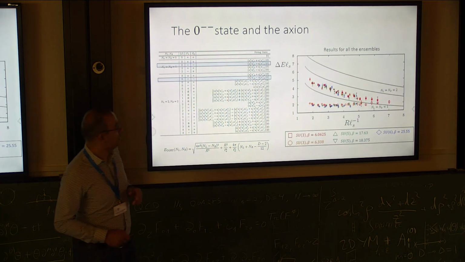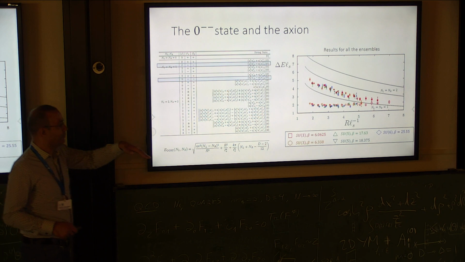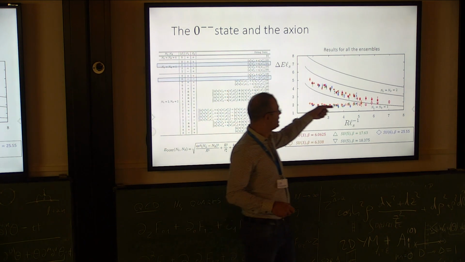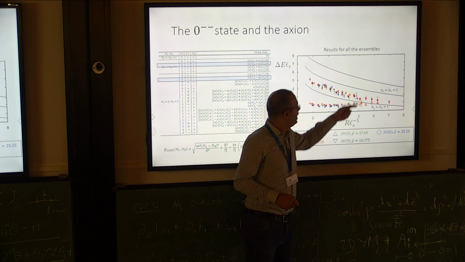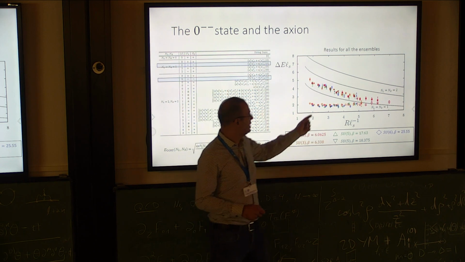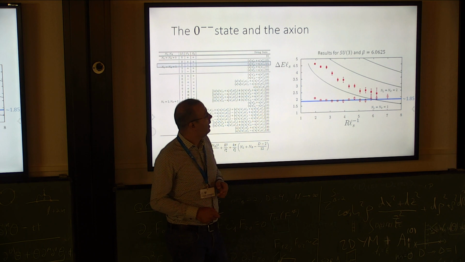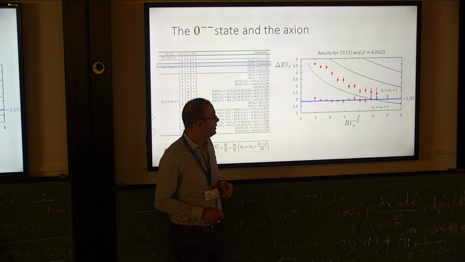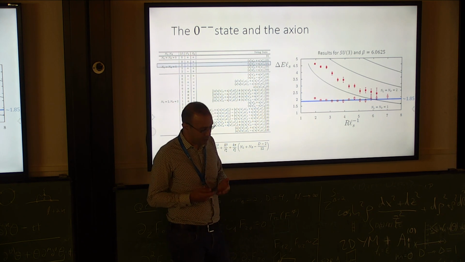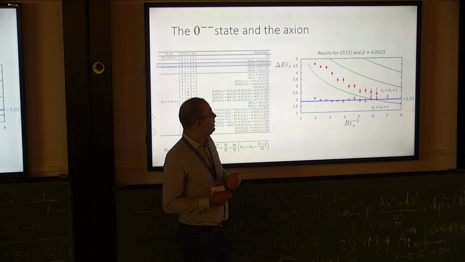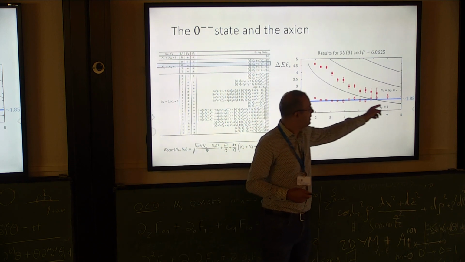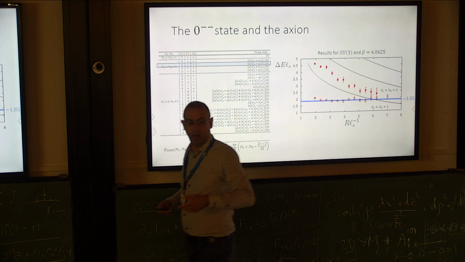If I subtract the absolute ground state, we see that this is a line, and so there is a plateau. If I compare it with SU3 and the result that Sergey extracted based on my old results with Mike, you see that this is 1.85. This is the mass of the axion.